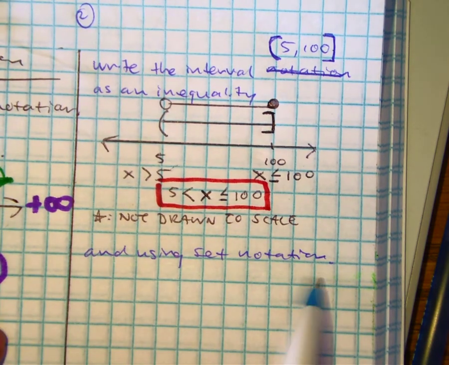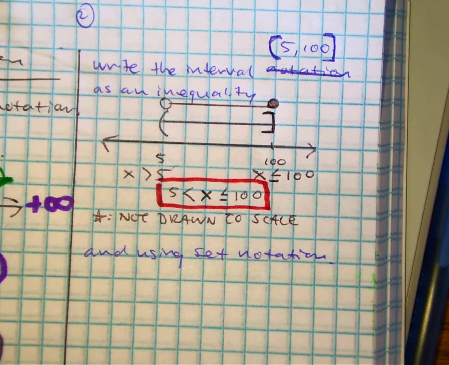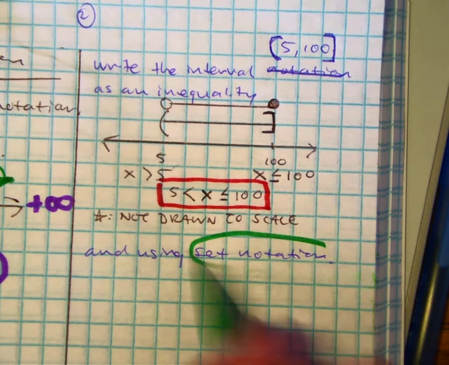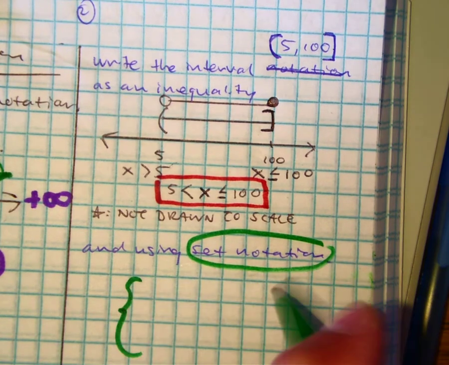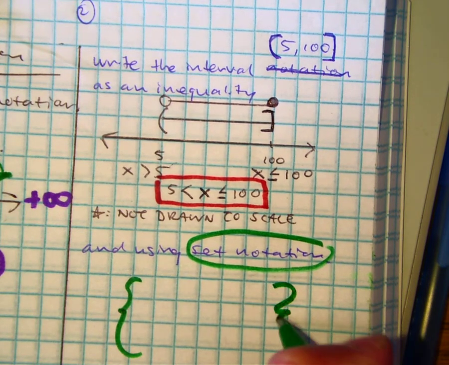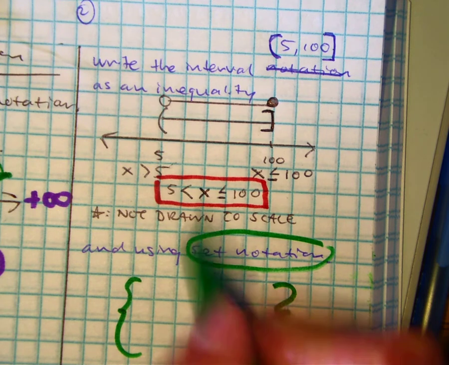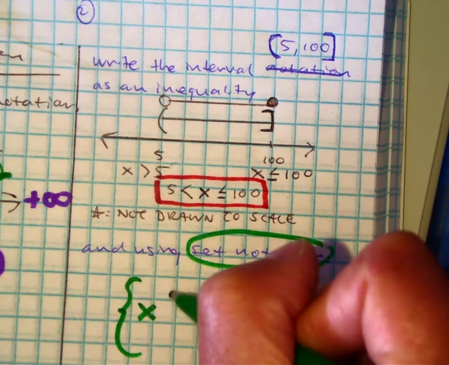Now it says using set notation. So set notation is just these symbols. It's a fancy bracket. And you have your variable that we're using, X, and you put your recipe